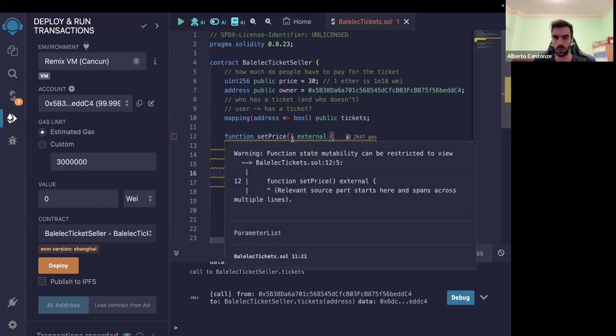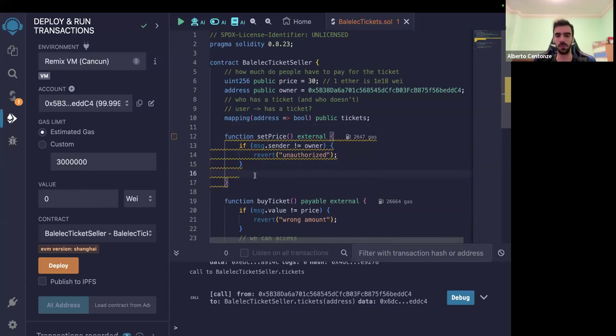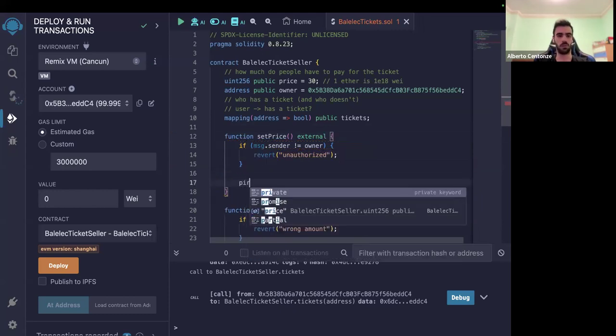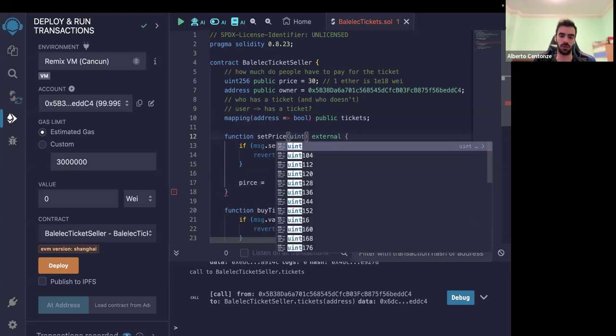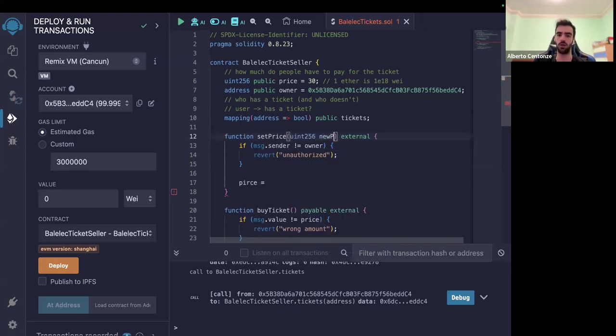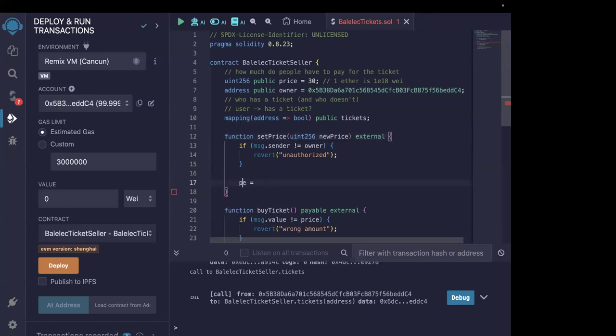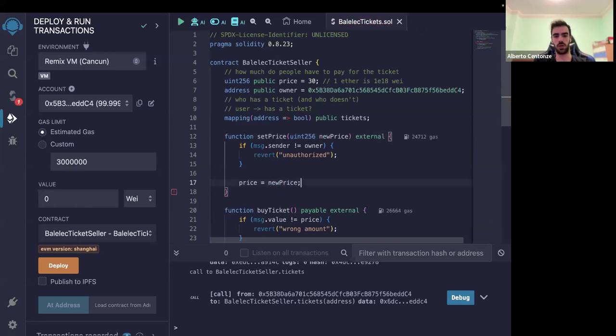And we need one more thing. Okay, yeah, this is normal. And then we can just say, hey, price equal. And here we can just set an argument for the function like you would normally do in normal programming. New price. And then what we do here is that we say new price is the new value for price. I guess this is not rocket science. If you're here, you should all be familiar with this. This is just a setter with an additional condition.